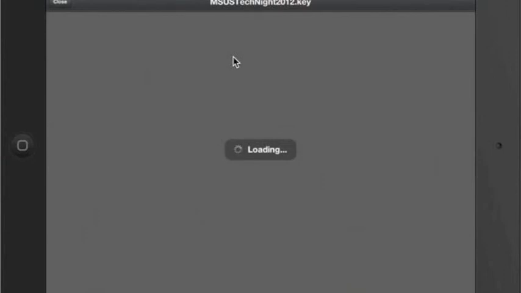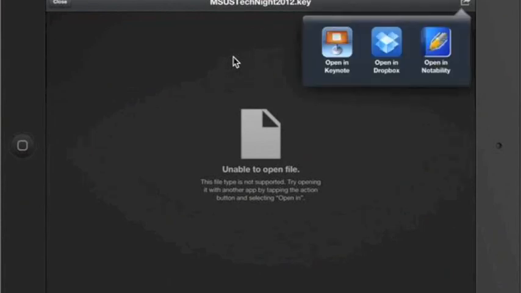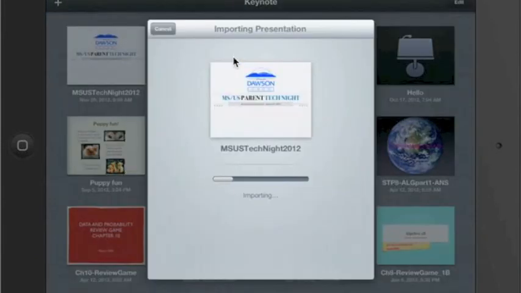And now it's going to try to load that file. Now Google Drive doesn't actually play Keynote presentations, so it shouldn't open in this app. Theoretically, this should give me the option to open it back in Keynote again. Let's see if that happens. So it says it's unable to open the file. That's what I expected. But if I tap this button here, I can choose Open In, and I can open it again in Keynote. Again, the only purpose of doing this would be if you didn't have it in Keynote anymore. Now I'm going to basically create a duplicate of something that was in Keynote.